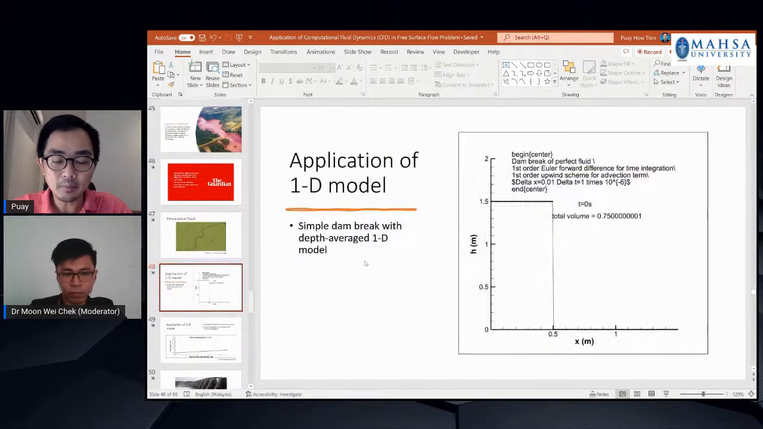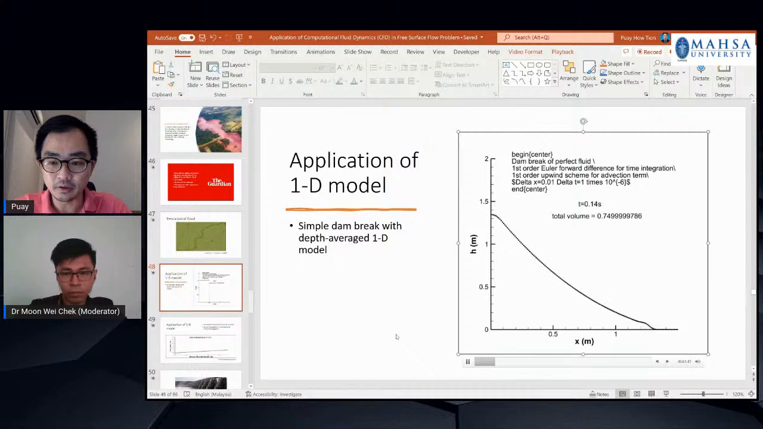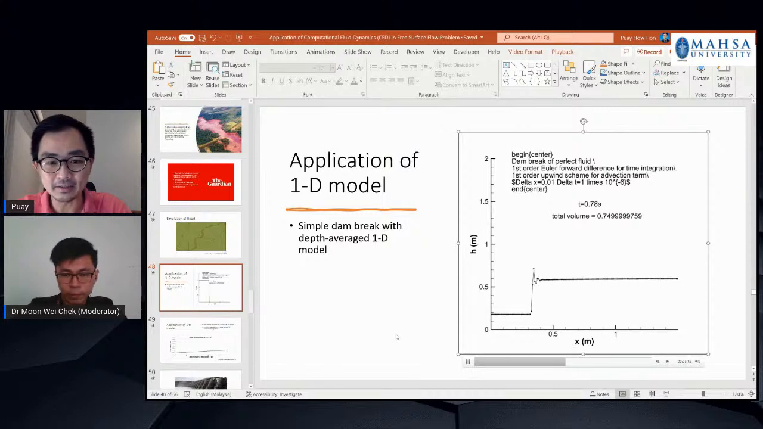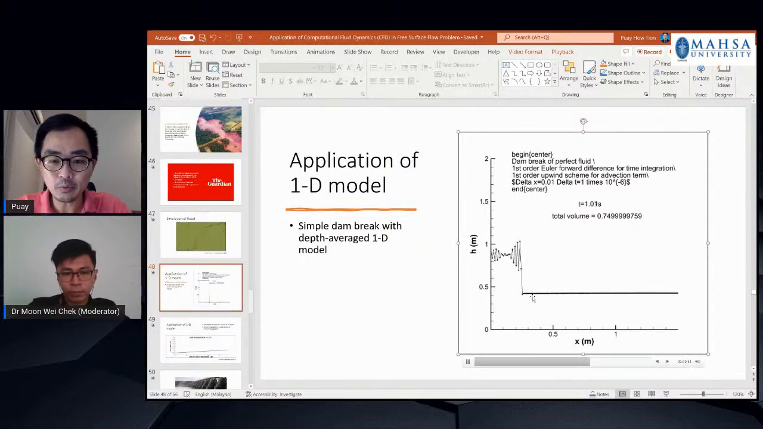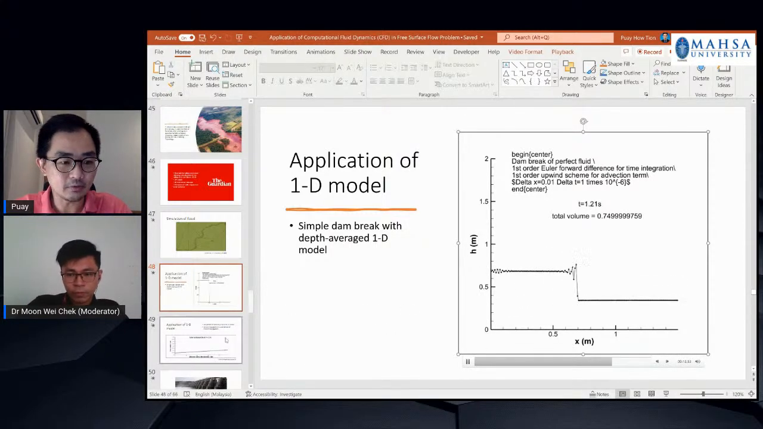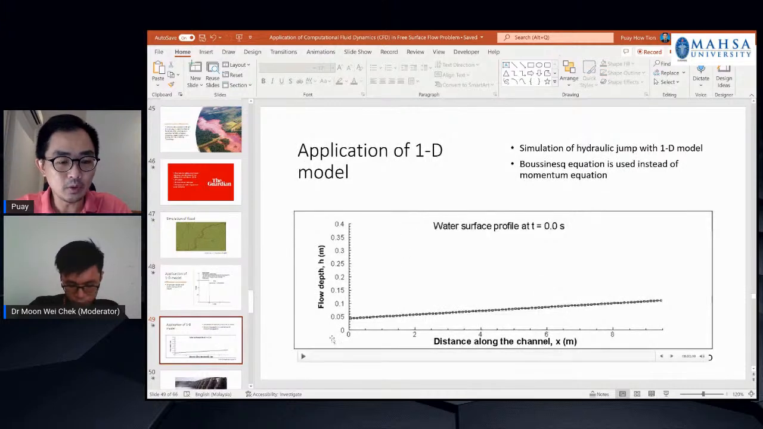How about the 1D model? This is a 1D model of a dam break. It looks very different from the 2D model because it doesn't look realistic, but it is somehow useful in some cases. For example, we look at the simulation of